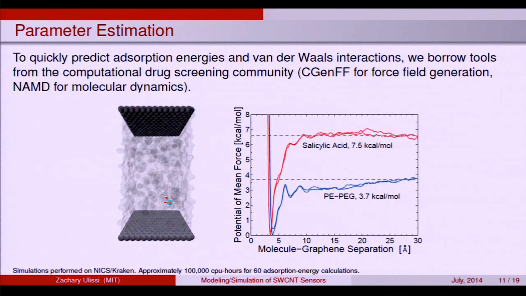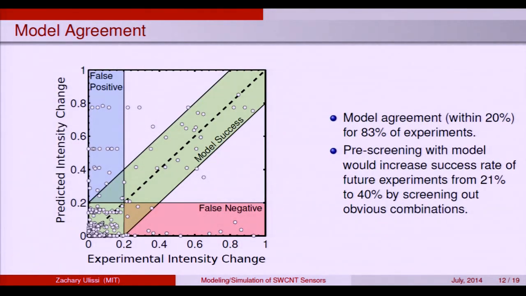And so we can do a simulation where we look at the adsorption of a small molecule to a graphene sheet. This is neglecting the curvature of the nanotube. Calculate the adsorption energy for different molecules, and then feed that back into the thermodynamic model that I showed on the previous page. If we do that for all of the molecules, we get what we define as agreement within 20%, which is about what we think the error bounds on our experiments are,